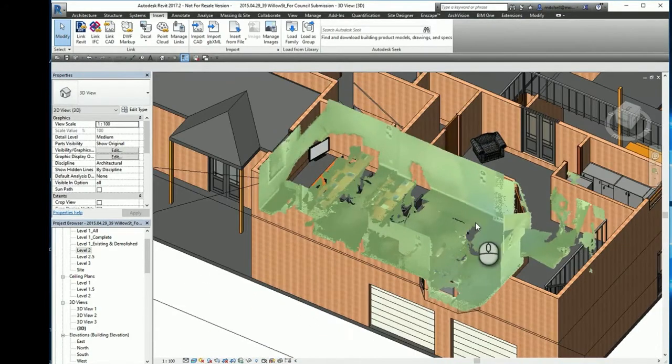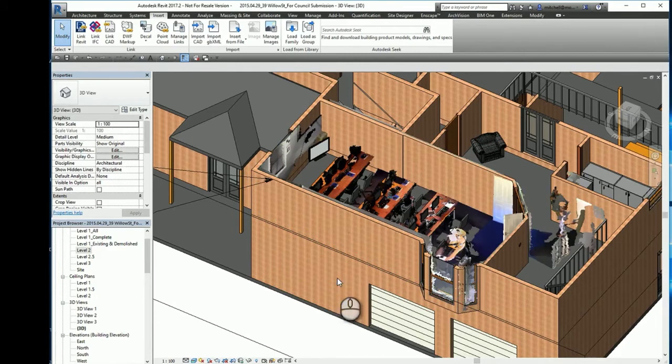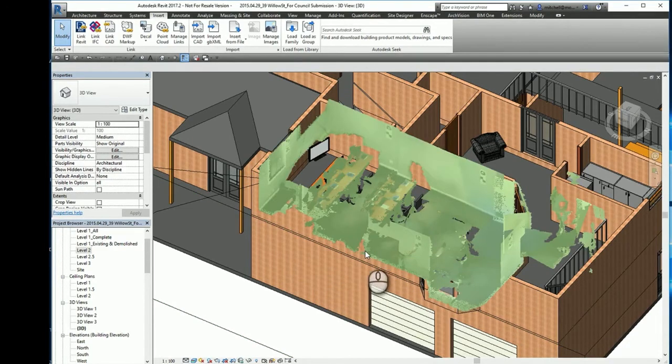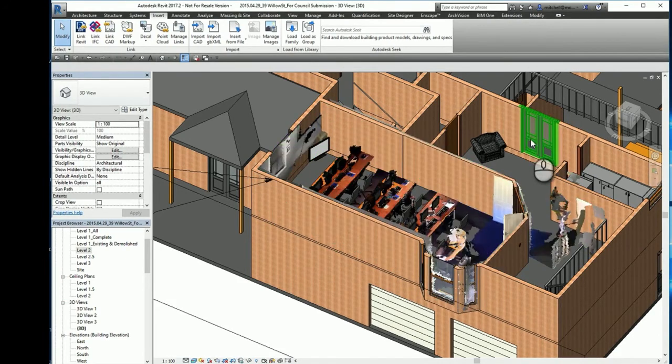So this scan was done in about 4 or 5 minutes, and it's returned some extremely valuable information. This is obviously kind of replacing the need to use traditional scans. We can just go in there with the scanner, a few minutes at a time, and we can come out with a finished product that we can import into Revit, and we